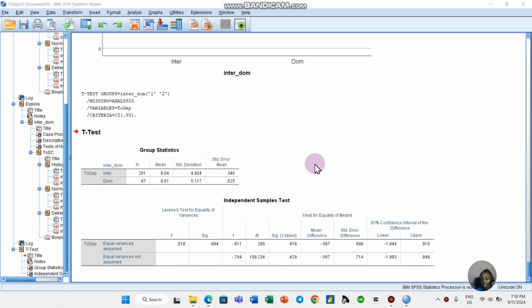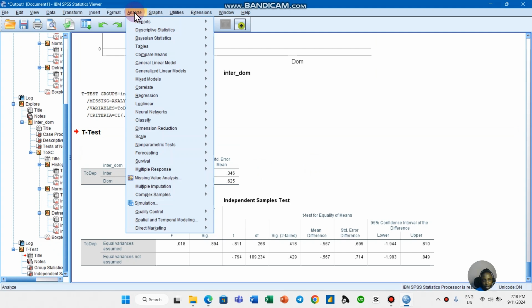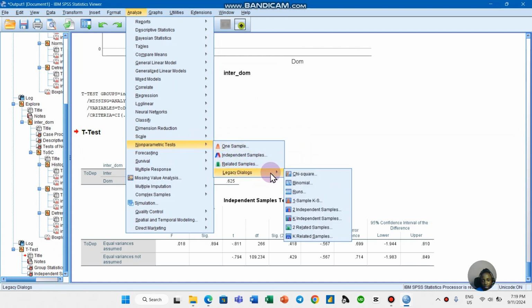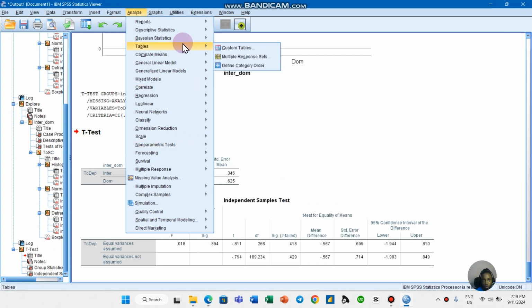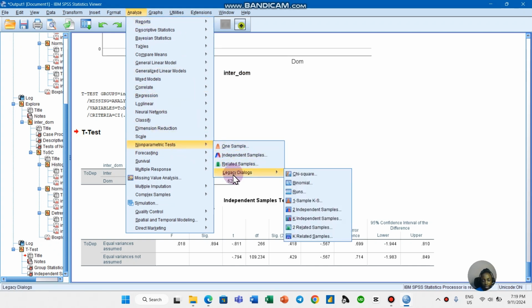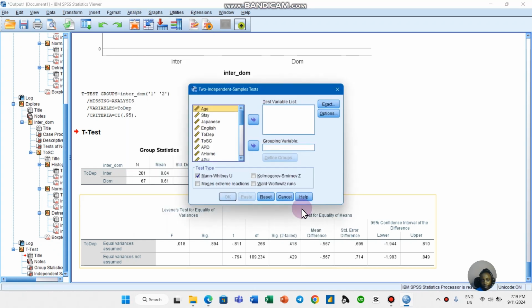Based on the normality test we carried out, we can actually see that t-test is not actually the ideal test to use in this case. So let me show us how to actually carry out the Mann-Whitney test. So go to analyze, then scroll down to non-parametric test, then legacy dialog, then 2 independent samples. So analyze, non-parametric test, legacy dialog, and then 2 independent samples. Then the box actually looks familiar like the t-test one. So you just need to put in your numerical variable here, and then the grouping variable, which is